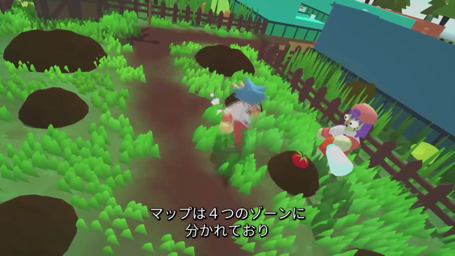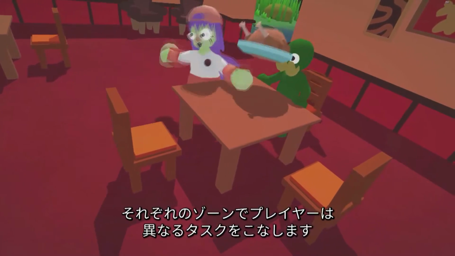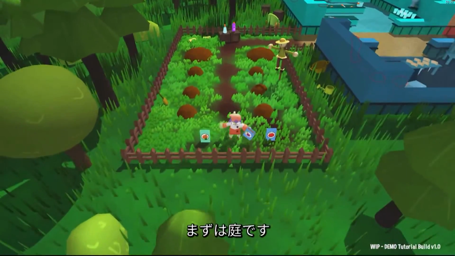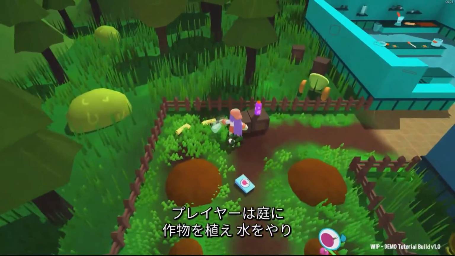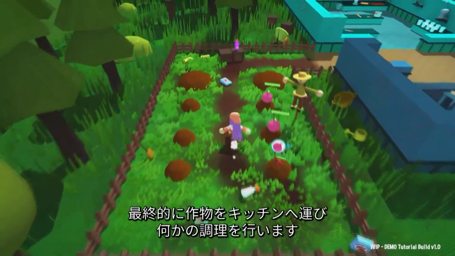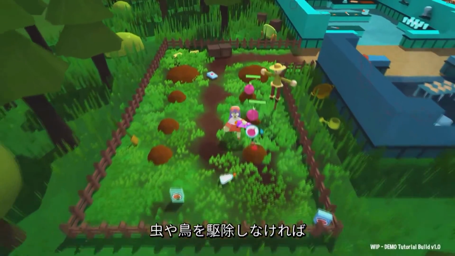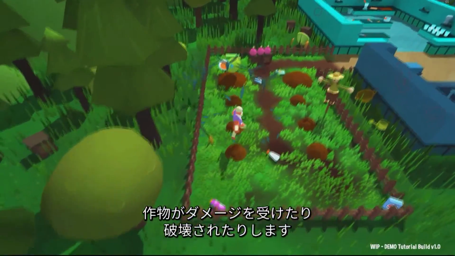It's Mealtime's map is divided into 4 zones. Each of those has different tasks that the players need to do. Let's start with the garden. In the garden, players plant crops, water them, and finally get them ready to go to the kitchen and be prepared for whatever. But of course, nothing's that easy. So there are insects and birds that you will have to get rid of,